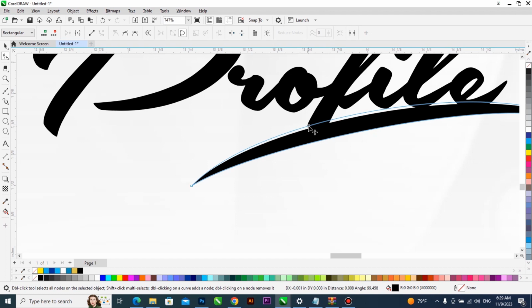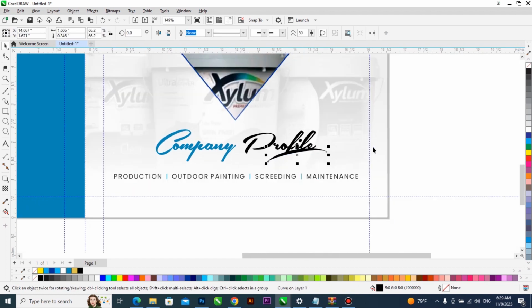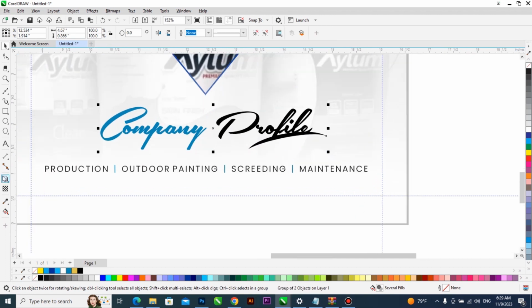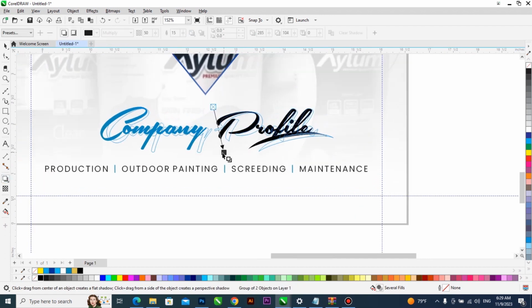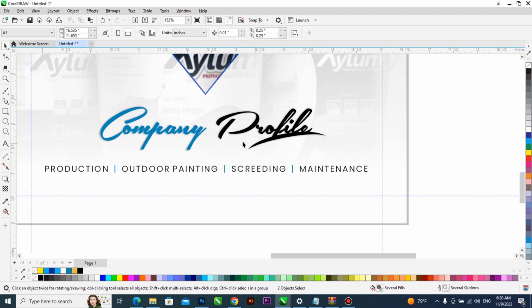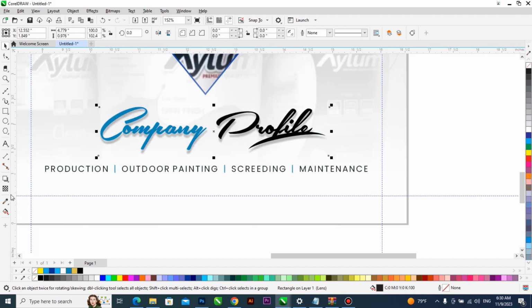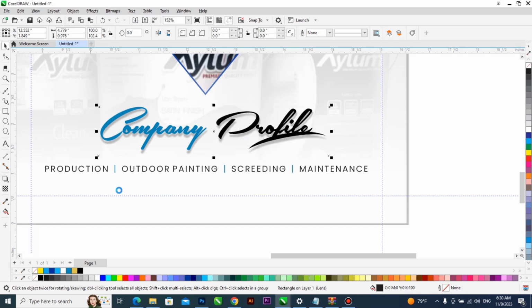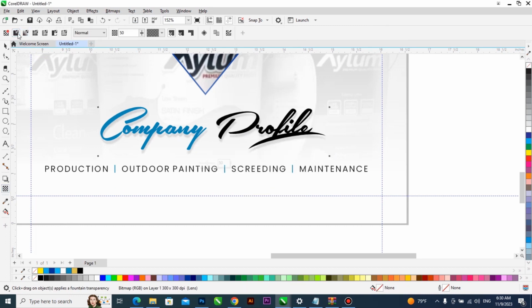The idea is just to add to this profile. And before we know we are just done, I can introduce my shadow. Of course, control this shadow, okay, reduce it a little, then break apart, Control K, then drag it down a little. Okay, if it's too much, I can still convert it and still reduce the shadow. Just wanted to